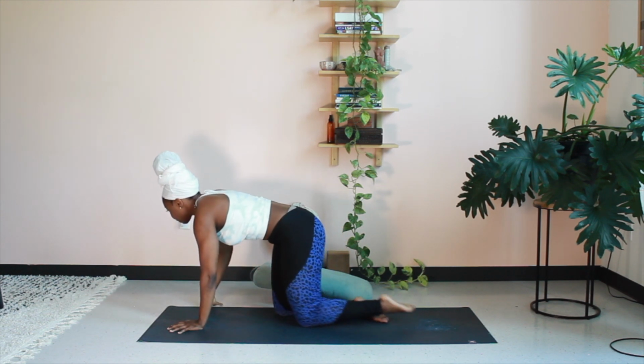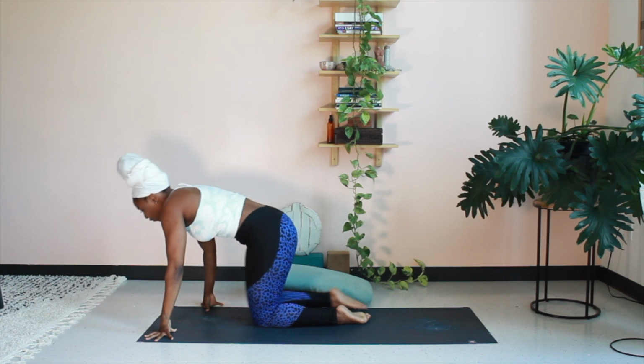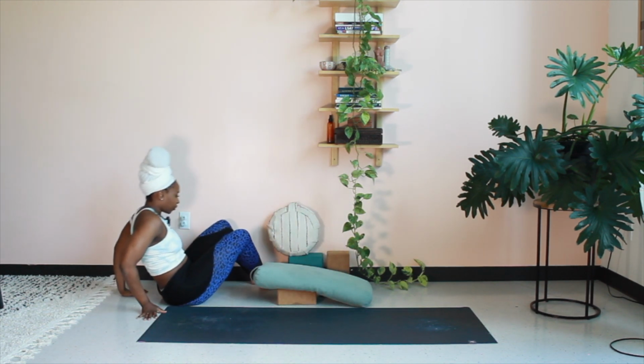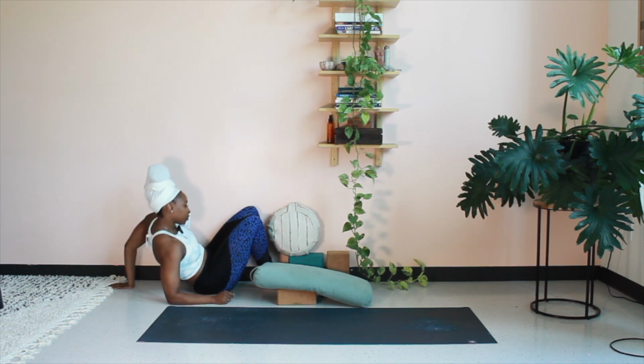So this is where, remember I said you want to be somewhat close to a wall. We're going to move our bodies over to the wall. And you're going to come onto your side body so that your hip is really close to the wall. It's kissing the wall. You're going to slowly